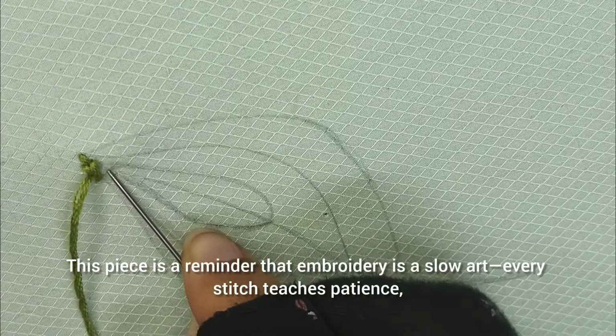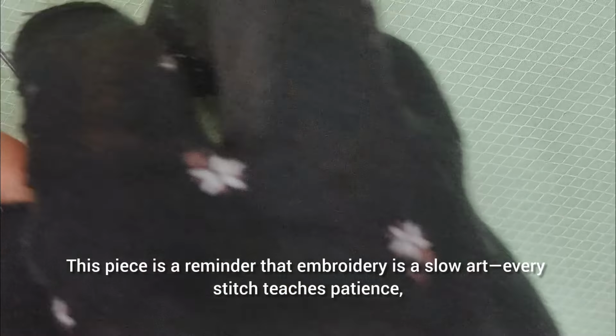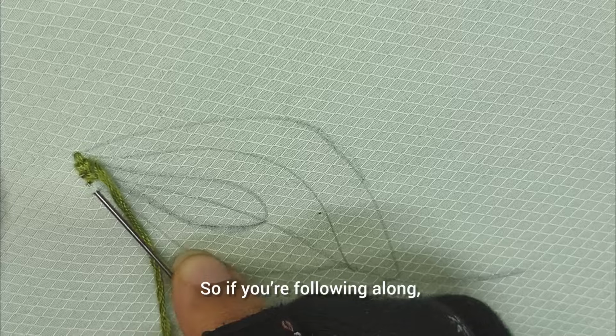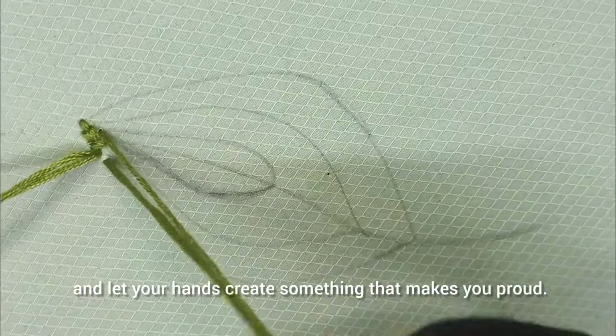This piece is a reminder that embroidery is a slow art. Every stitch teaches patience, and every color choice expresses creativity. So if you're following along, take your time, enjoy the process, and let your hands create something that makes you